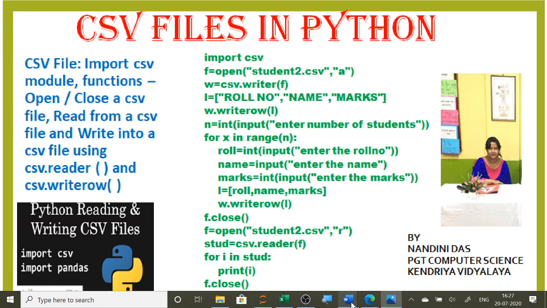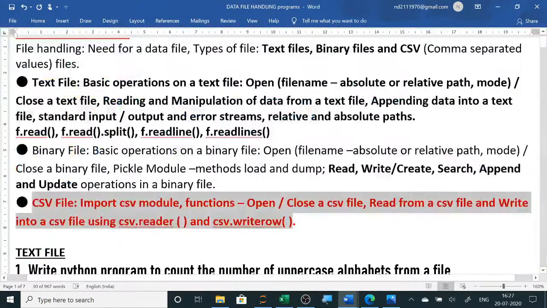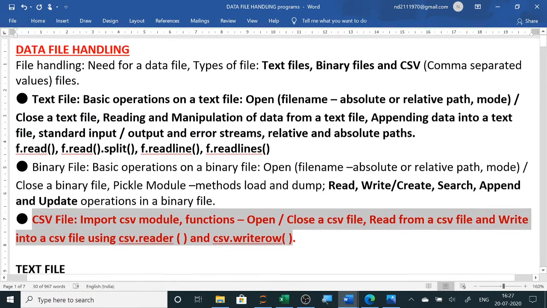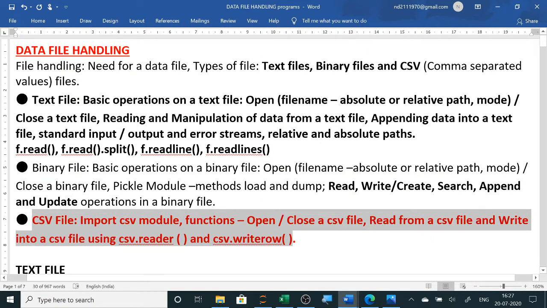Now here in your syllabus they have given you data file handling. We have started. So in data file handling we have done text files, binary files. Now CSV files: in your syllabus you have the import csv module, and the functions to open and close a CSV file, read from a CSV file, and write into a CSV file using csv.reader and csv.writerow, which will write one row at a time.